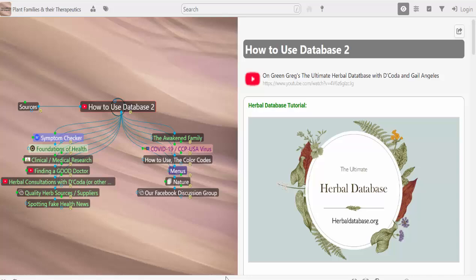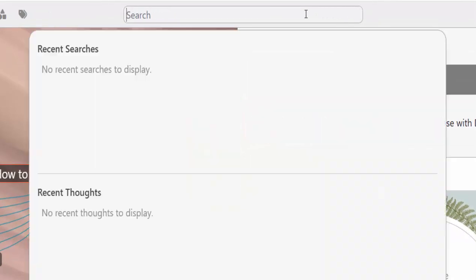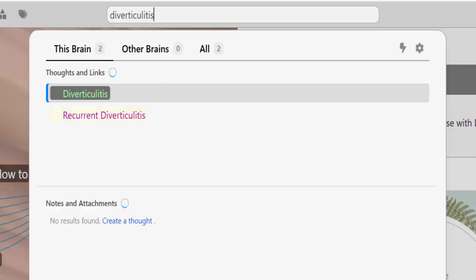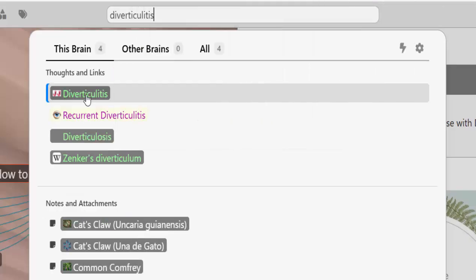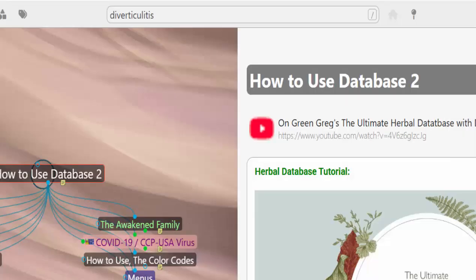Today we're going to find out what the Herbal database can tell us about diverticulitis. Now this is the screen when you first open it up. There are two ways to look up diverticulitis. One is to use the search box, and there it is, you can click on it. But I'm going to show you the second way, just in case the internet's a little slow, this is going to be faster. You click on the pins,